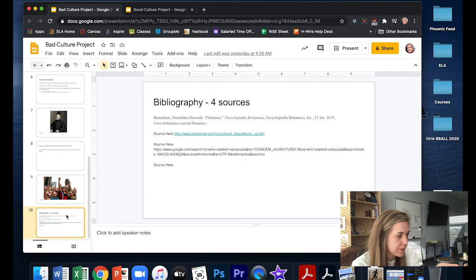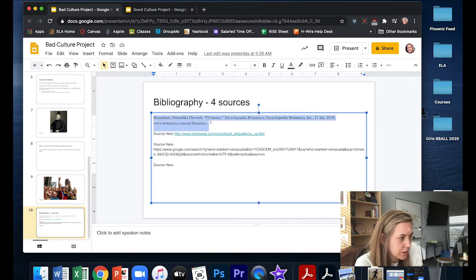Okay, the last slide is the most applicable to the most number of people. This is where the most common mistakes were happening. On your bibliography, you are supposed to have 4 sources. That means 4 websites that relate to your topic. If we take a look here, the first one was from the template. It's the original one from the template, and if you read the title, it's about flamenco dancing. Is that related to hand gestures? The answer is no.